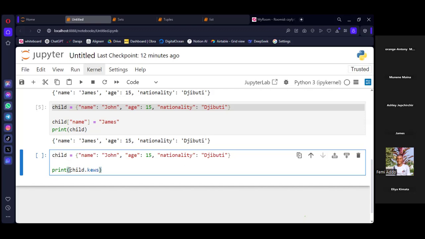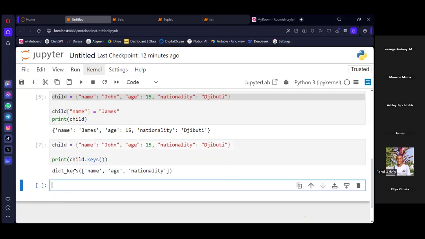It doesn't take any argument. To get the keys, name, age, and nationality, these are the keys, written in a list.